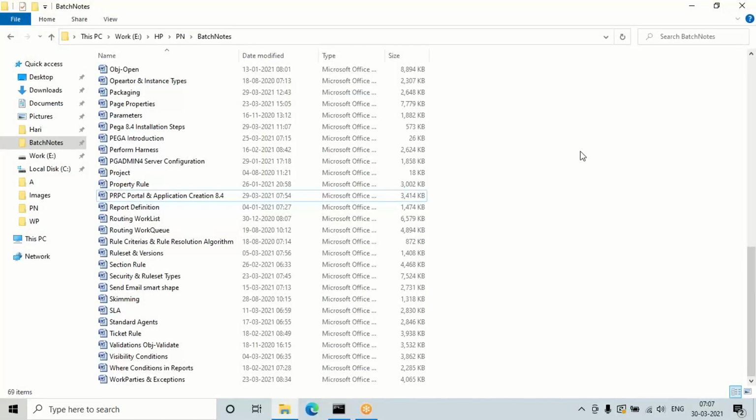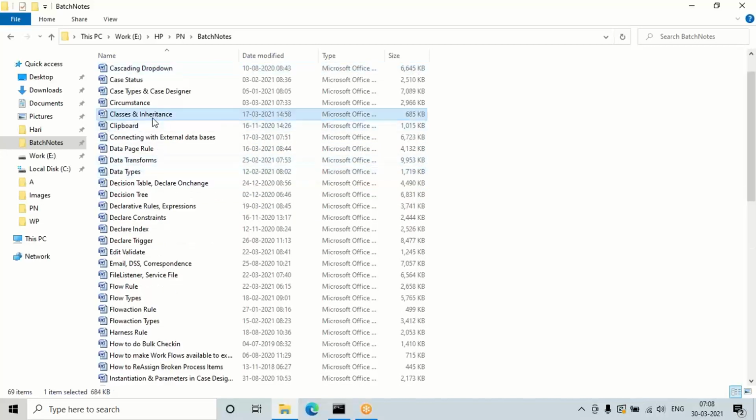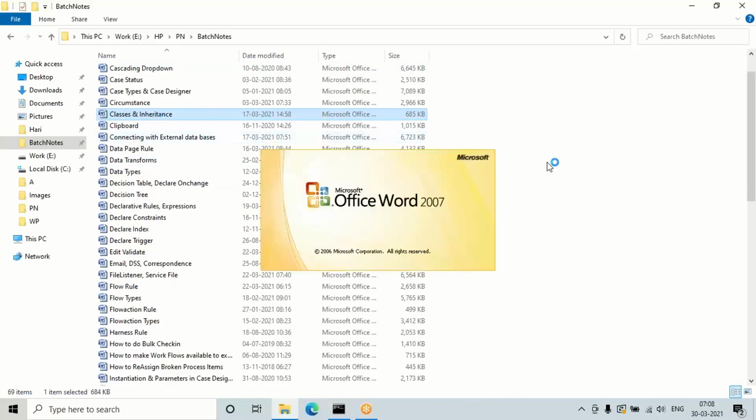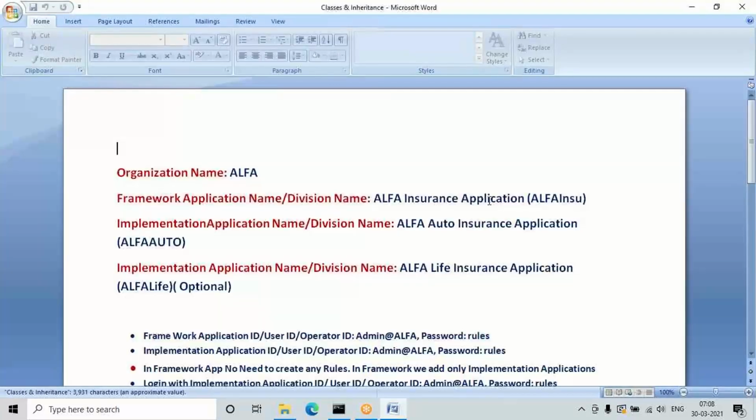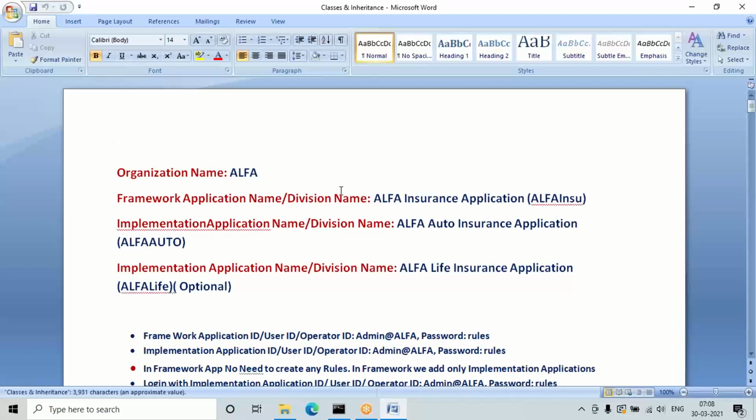So though these are all not manually created, a Pega developer must understand what types of class layers we have, what the categories are, like which classes are abstract, which classes are concrete, and what inheritance types there are. Those we are going to discuss now. It's important, but only technically you must know these points. Practically we don't create anything, but technical understanding is a must for a Pega developer.